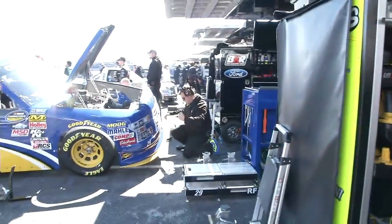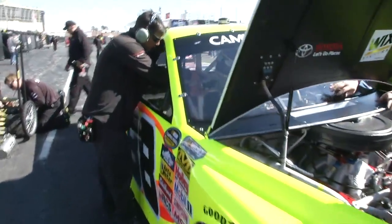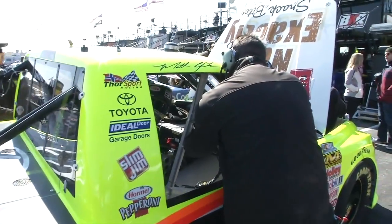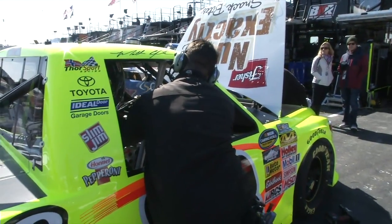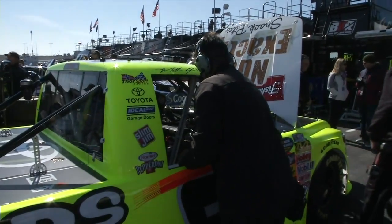Speaking of ready to roll, these trucks are getting ready to roll out onto the 1.5 mile Atlanta Motor Speedway. Matt Crafton looking to go for a win here at Atlanta. He's made the most starts of anyone here at Atlanta. He's been racing here all the way back from when the truck series started in 2004. And he's back now, going to be racing this 88 truck, looking for a third consecutive NASCAR Camping World Truck